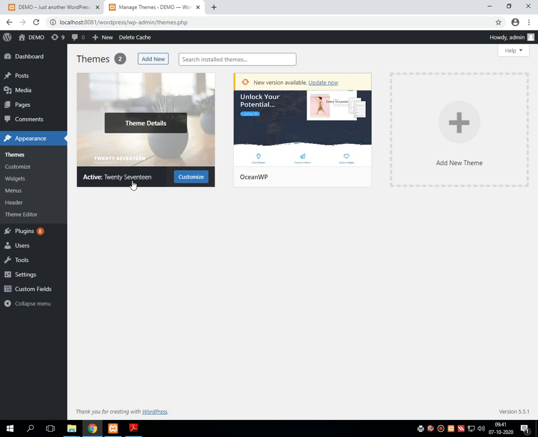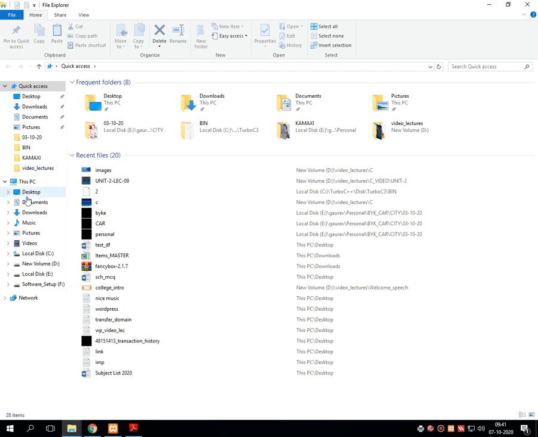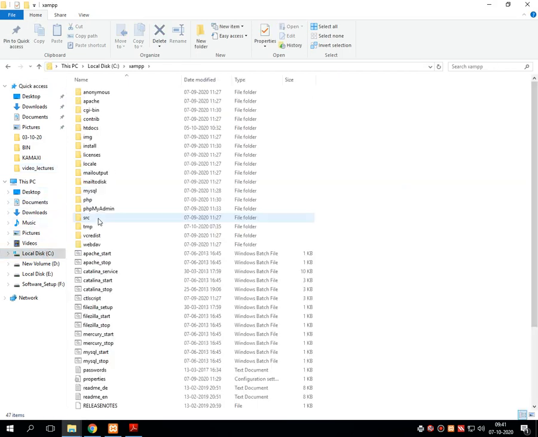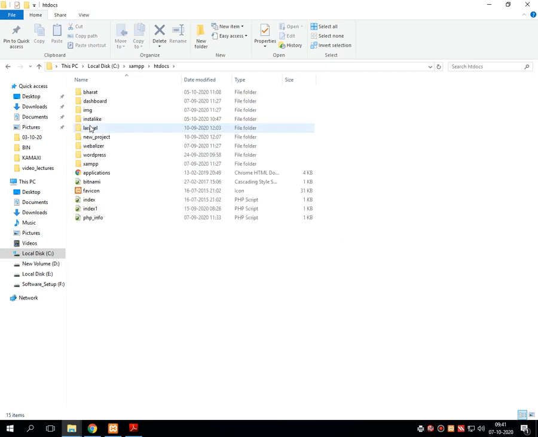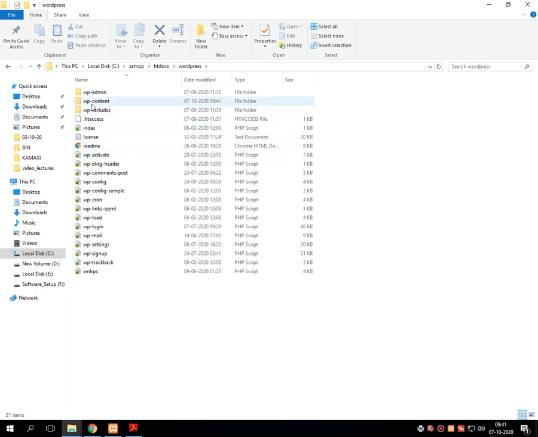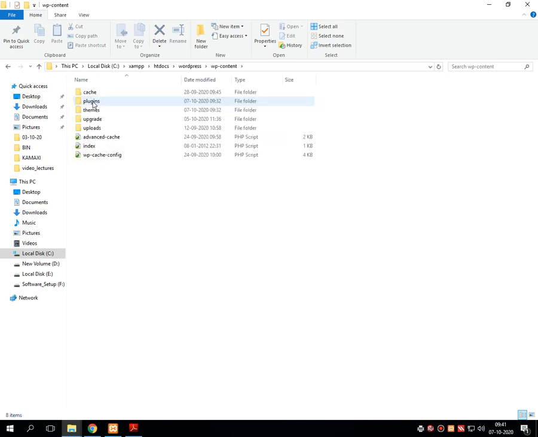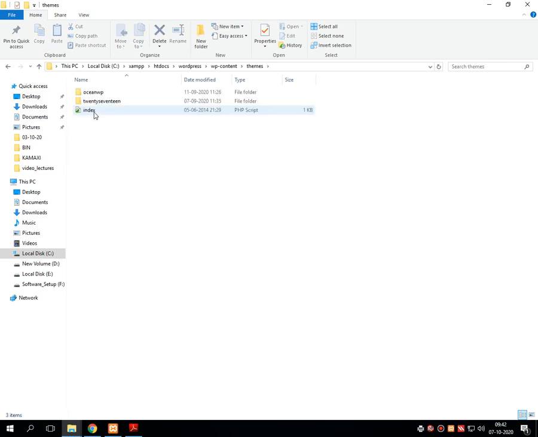So what I will do now is open my computer, go into the C drive, XAMPP, htdocs, then WordPress, then wp-content. Inside wp-content there is a subfolder called themes.